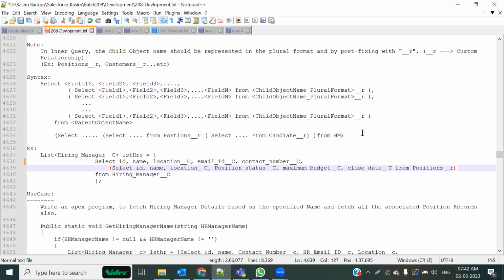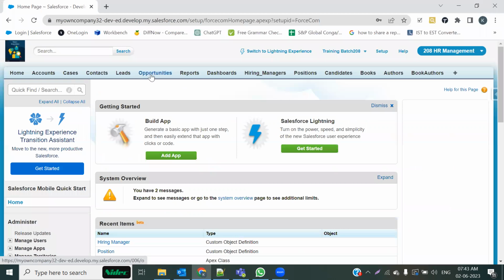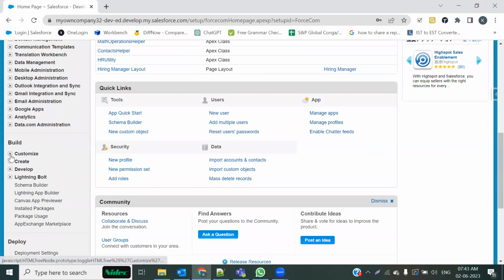And the name of the child object should always be in its plural form. So if it's a standard object, like opportunity, you must include its plural name. There is no need to guess that. I have told you that for every object you can find out its plural name. For a standard object, you can simply find it from the tab bar as well. If the object is not there in the tab bar, you can go and expand